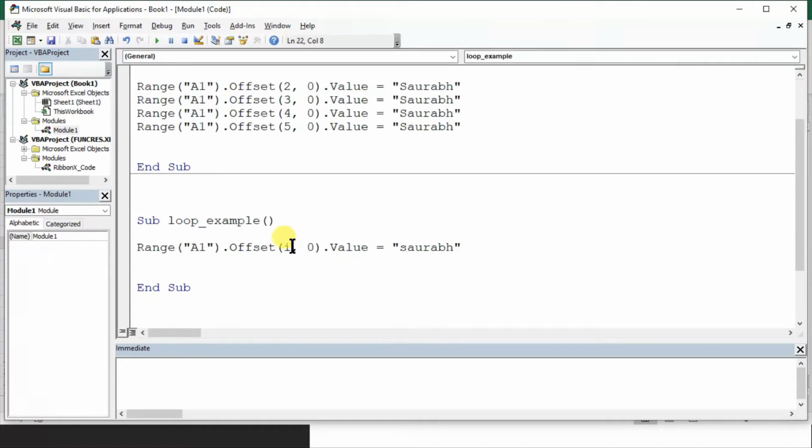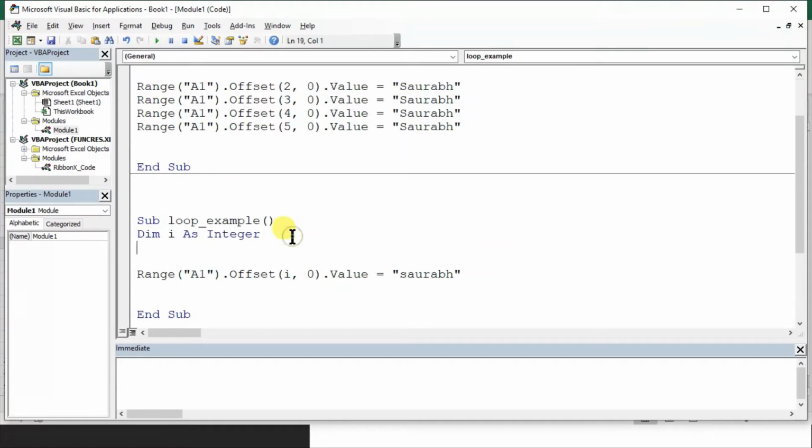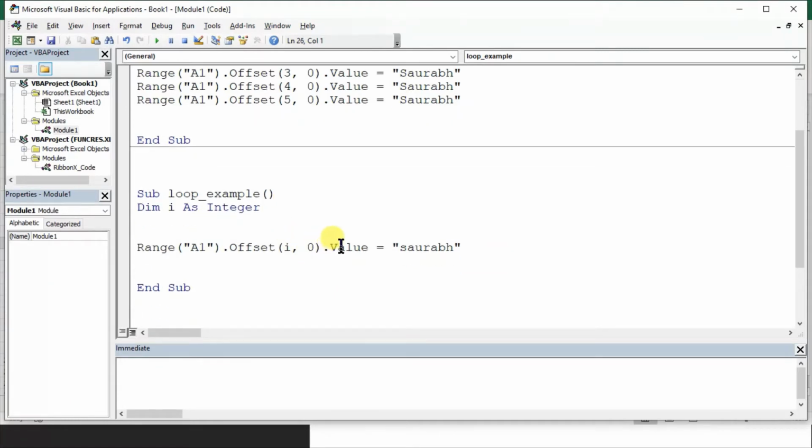Because I am using a variable I, first I have to define it. So I can say Dim I as Integer. Fine. Now I want this line to be written 1,000 times, so I should change I from 1 to 1,000. The first line will be with I being 1. So I say For I = 1 to 1,000, and I say